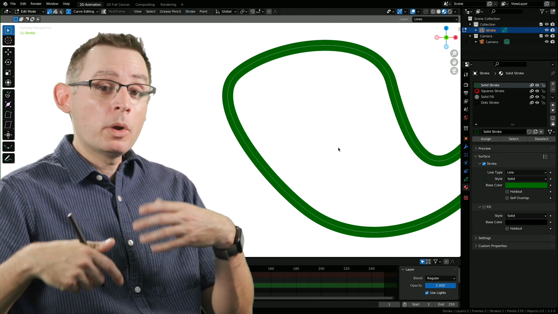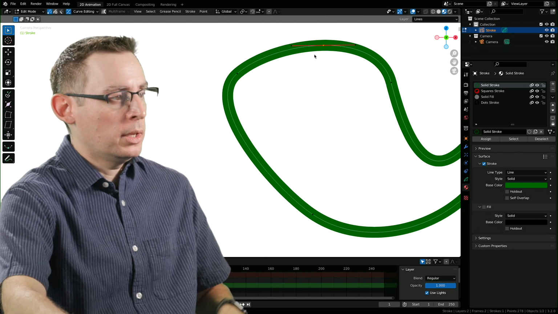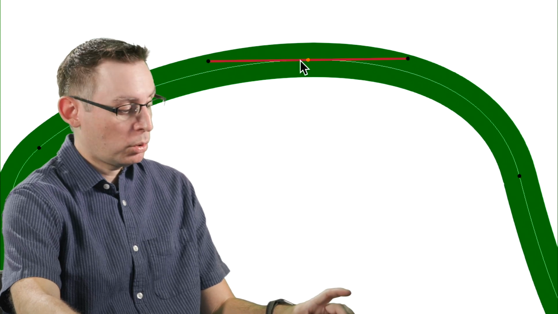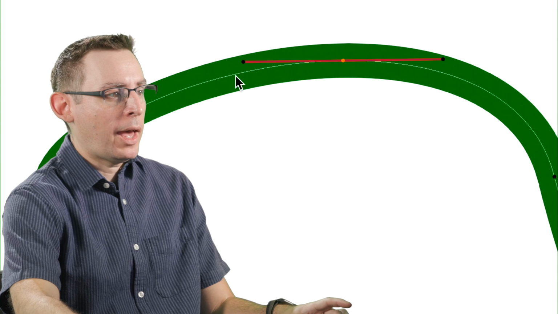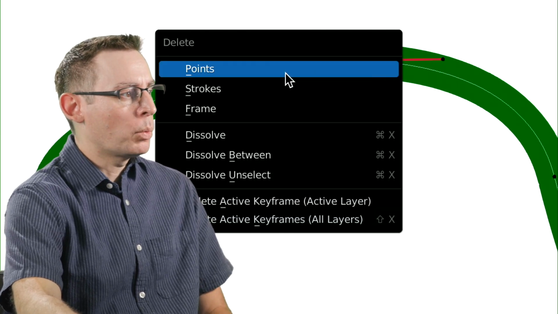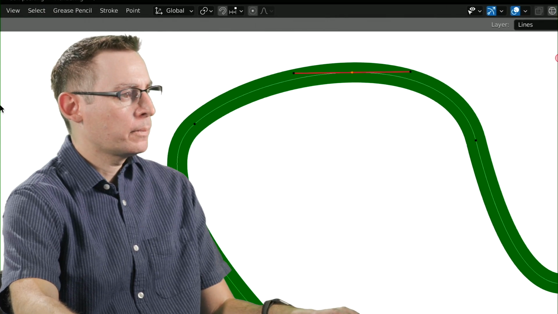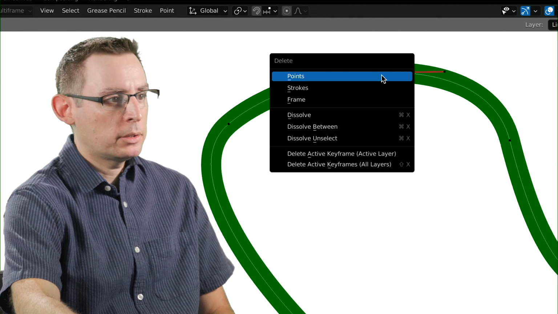Now, if you wanted to get rid of a curve handle, of course, you could always go in and ensure that we can delete things by hitting the global keyboard shortcut. It's the X key. So I got my vert selected here. I want to get rid of that inside of our curve. Hit the X key, and we're going to choose points. Let me zoom out a little bit so you guys can see it. X key, and we're going to choose points.